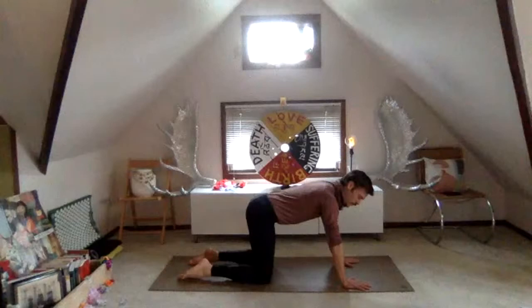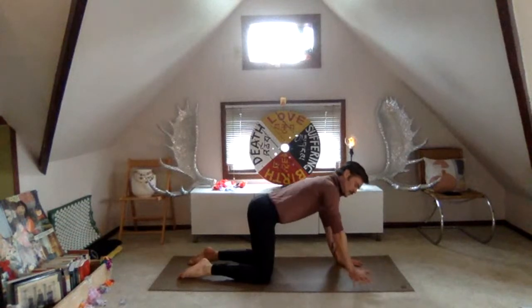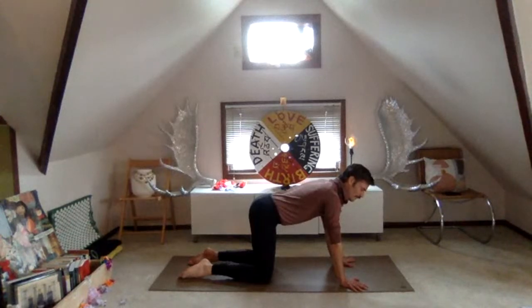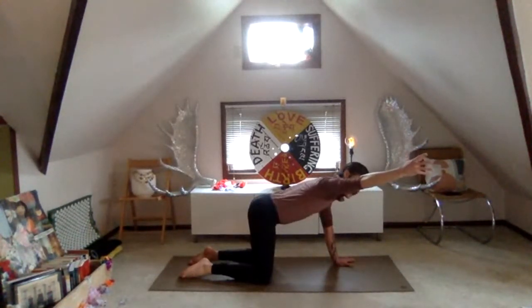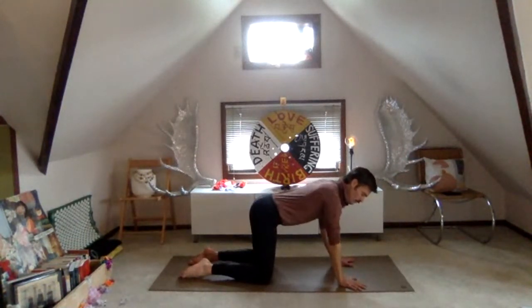Check in with your hands before we move back to downward dog. Some people will point all 10 fingers forward, and for some others, pointing the thumbs slightly up and the 4 fingers slightly out allows them to have more space in their shoulders. In the same way that before in Urdhva Hastasana, if you lifted your arm by your ear, you might have got it caught along the way. If it was easier to make a wide shape with the arms than a narrow shape, turn your 4 fingers out,